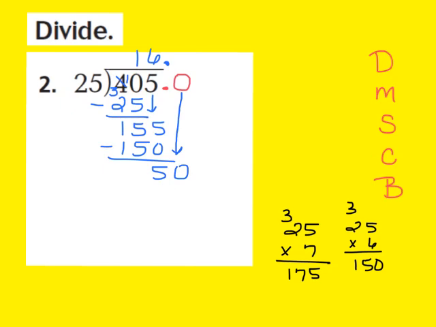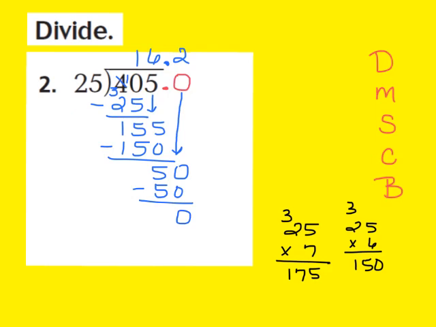What I know is this. 25 goes into 50 2 times. So I'm going to go ahead and now write a 2 above my 0 that I put in place. And I know that 2 times 25 is going to give me 50. So I'm going to write down a 50, and then I'm going to subtract, and I'm now left with a